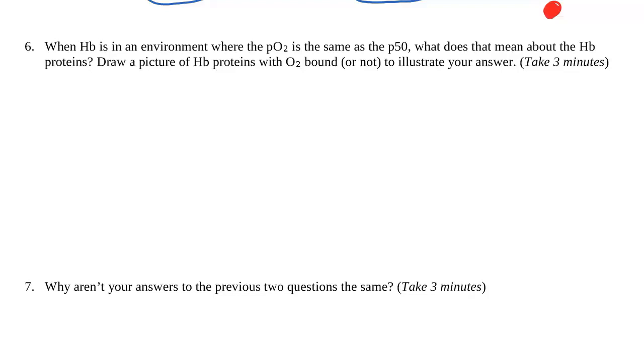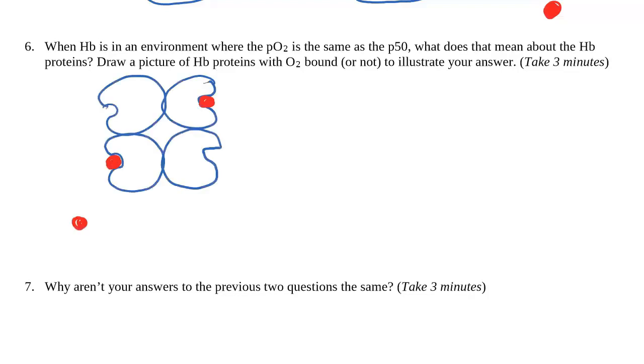So now that you know what to expect here, you're going to have to make an extension. Again, commit to drawing something before you pay attention to what I have to say about it, because once you've drawn something, you have something to compare and contrast with what I drew, and that's going to help it stick more in your head. So pause the video and draw something for yourself now.